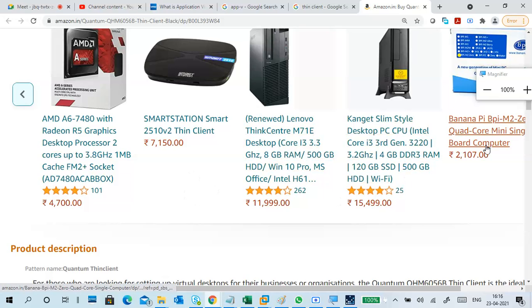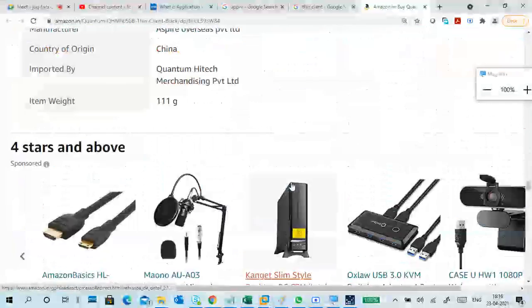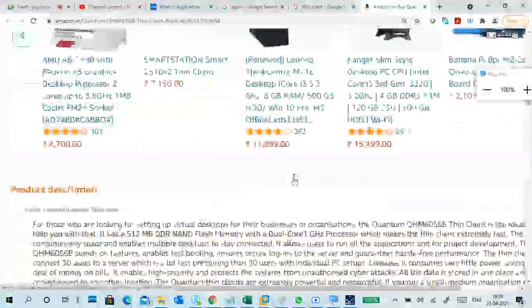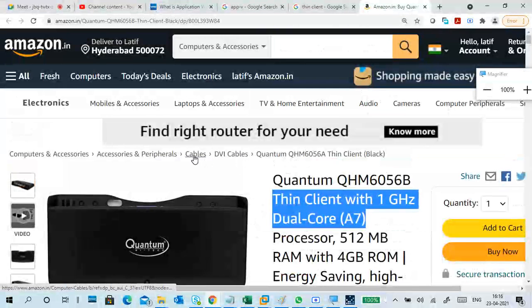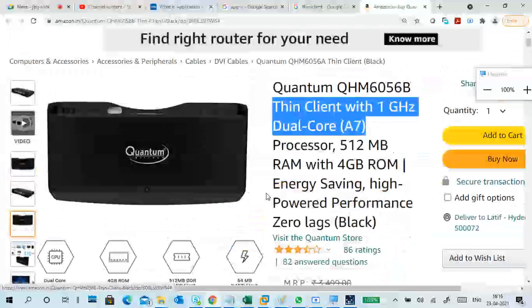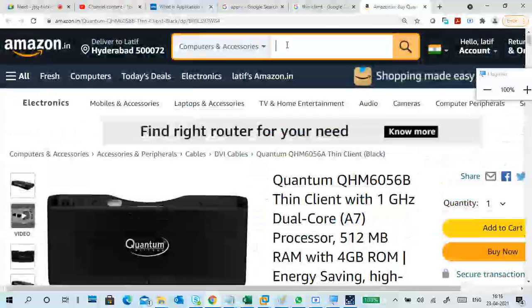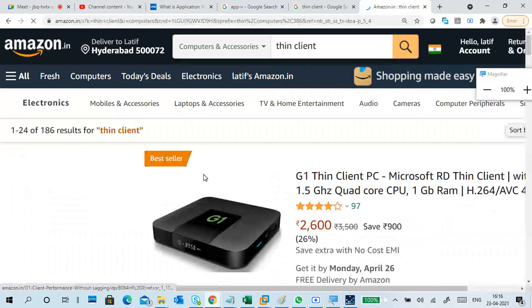Why is it showing cost things? You can type what are thin clients and the different types of thin client PCs here. Okay, it is not even showing that one. You can type Amazon, only thin clients.